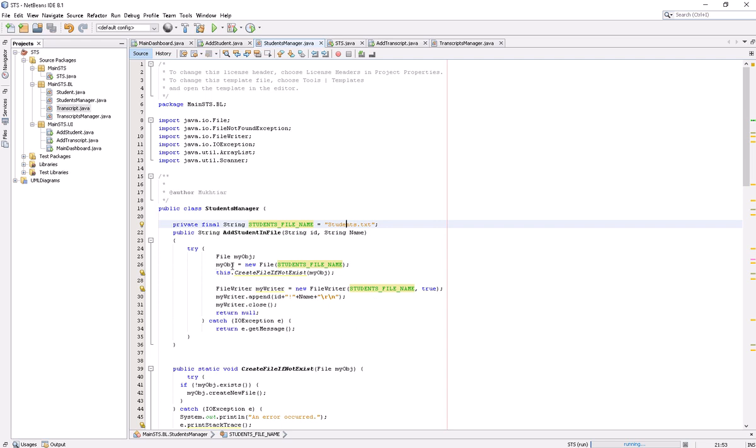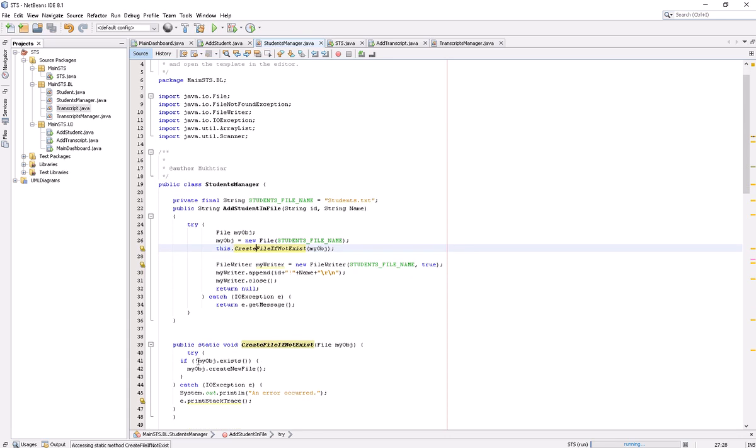I have created my file object, and then I am doing create file if not exist. This is a simple method that checks: if this object does not exist, then create it. It is a built-in method of the file class. So with this name a file will be created. After creating the file, I am writing this data as a new student to the file.